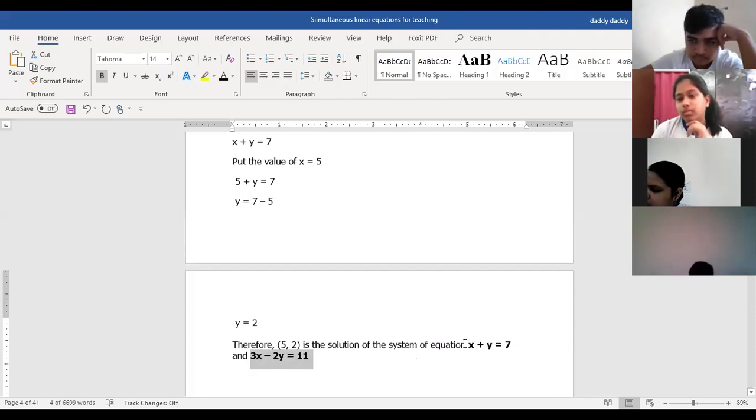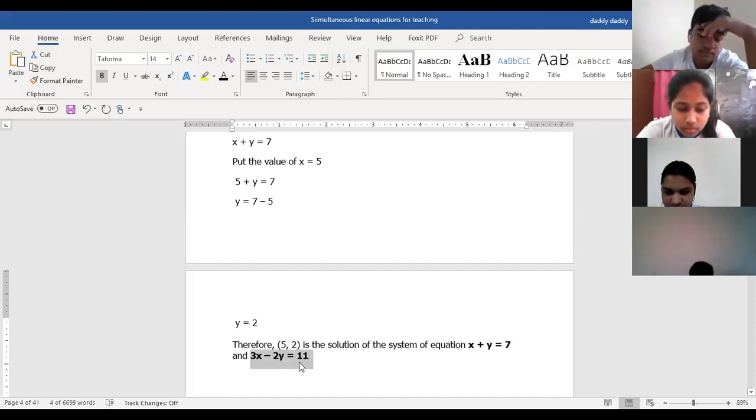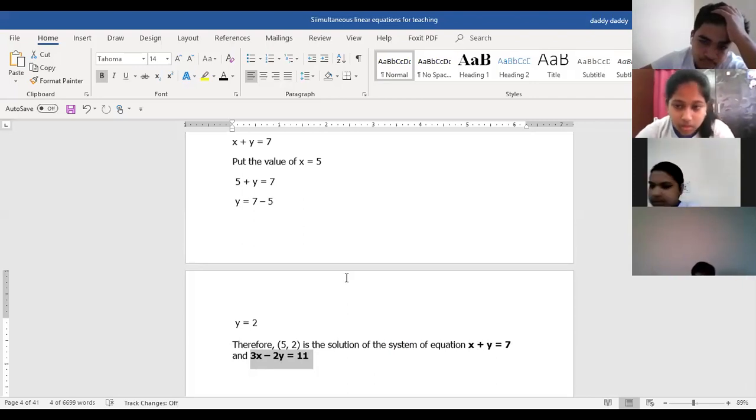In the first equation, you can just mentally calculate it. In place of x, you put 5. In place of y, you put 2. So 5 plus 2 gives you 7, which is also equal to the right side of the equation. Second equation also, in your rough work, you can just put the values. You will get the same answer, 11. But you don't have to check it every time. This is only done when you need to check whether you have got the correct values of x and y or not. Then we do this.